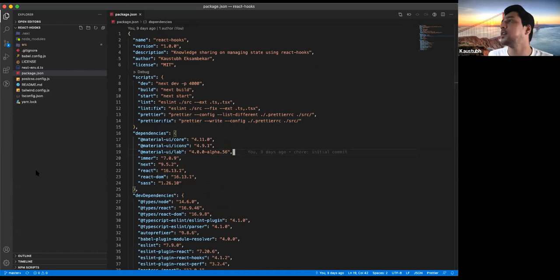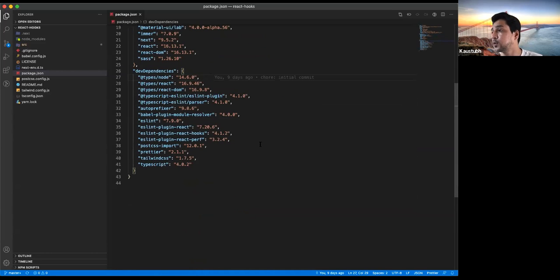This is just a Bootstrap application that I created using Next.js and TypeScript. It has nothing to do with hooks, but it was just easy for me to create this boilerplate. Things to note over here: in my project, I've been using these two ESLint plugins, React hooks and performance.